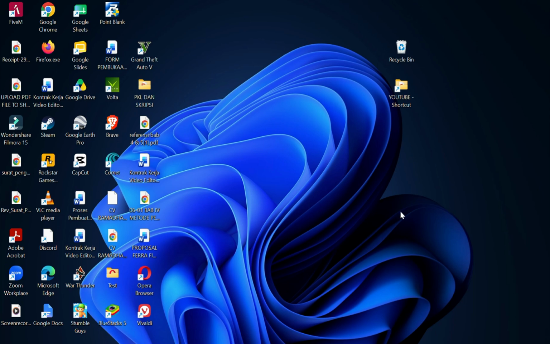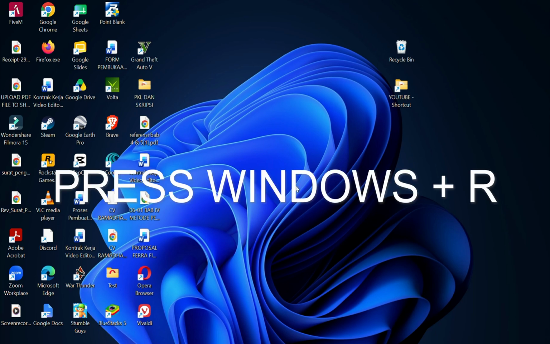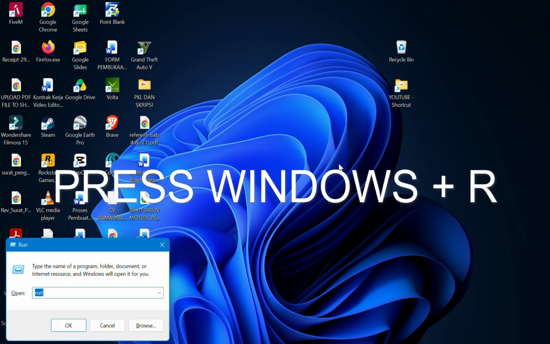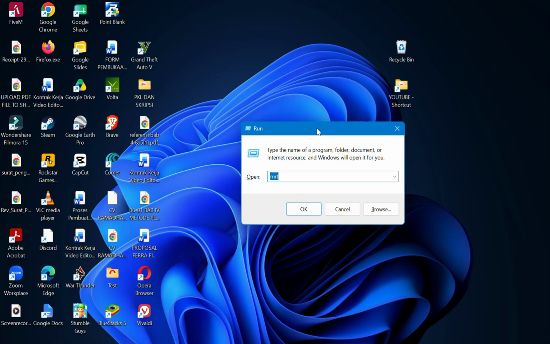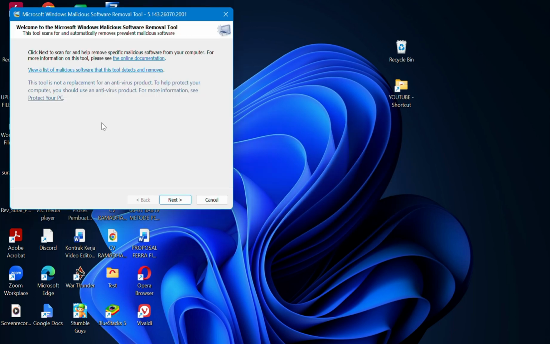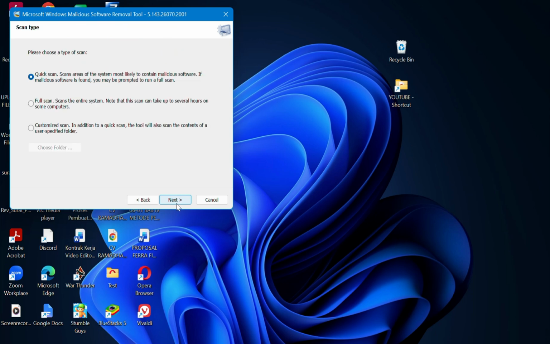So on your desktop here, you can enter on your keyboard Windows plus R, and then it will pop up like this. And then you can just type MRT and click OK. And then you can just click next and then next again. And then you can choose for quick scan, full scan, or customize. I'm gonna choose quick scan, and then you can just click next,